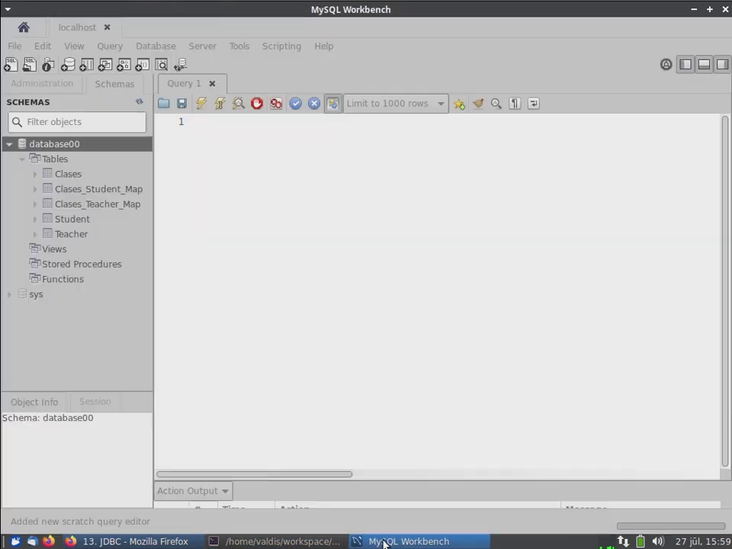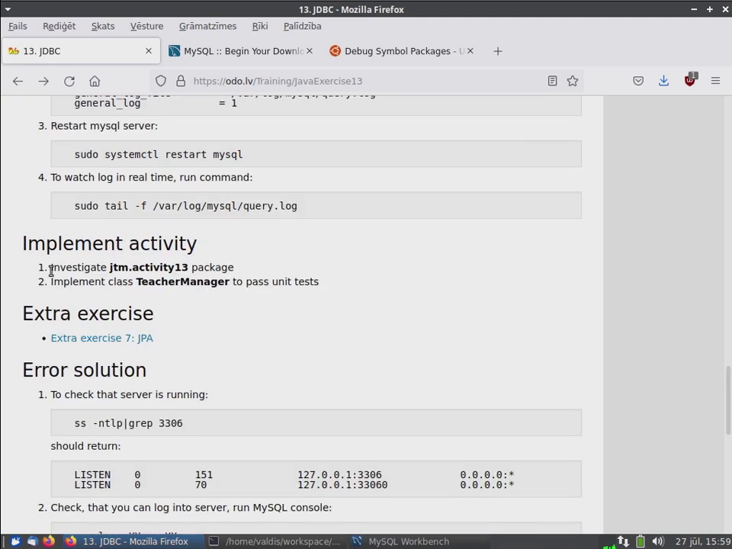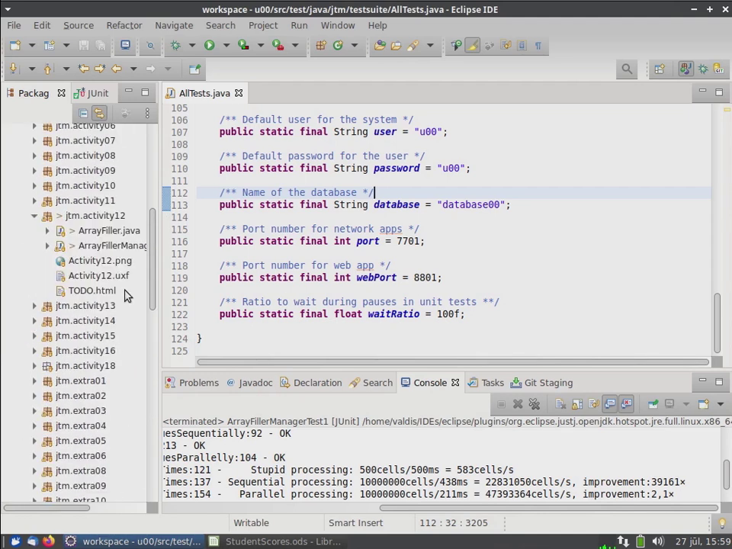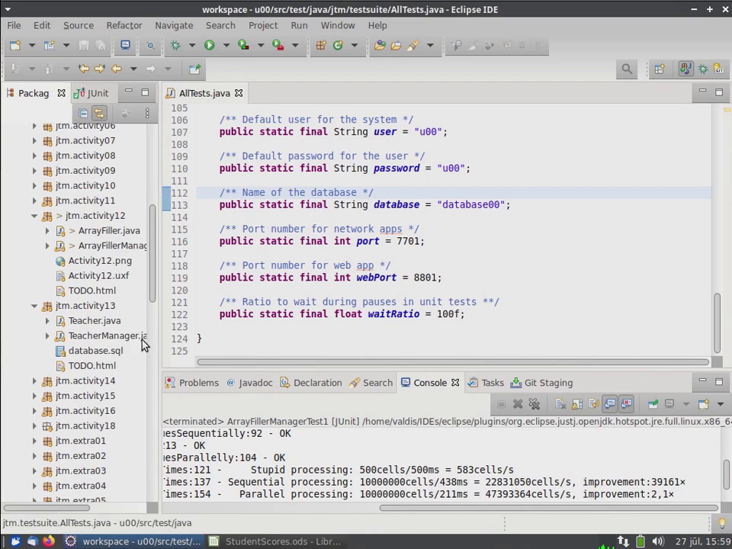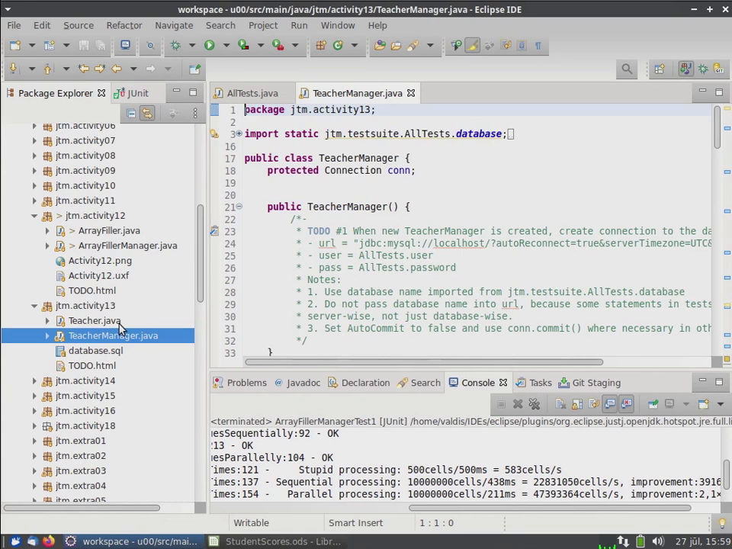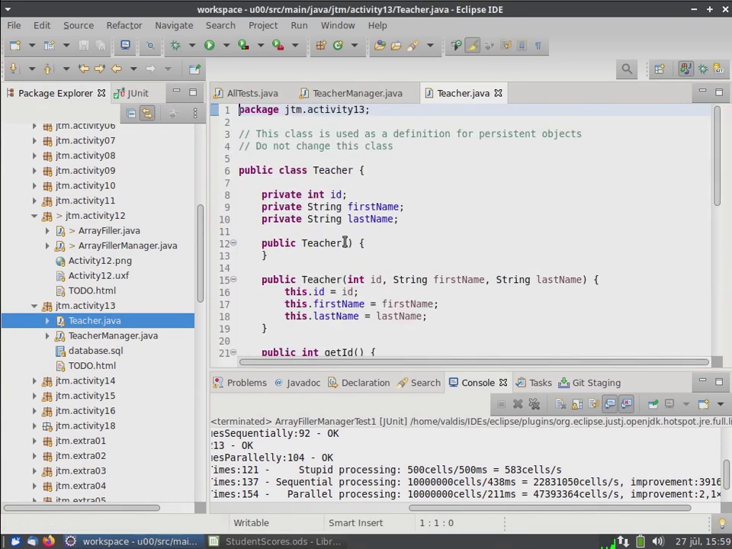And now, if we look at what we actually have to do besides preparation, we have to implement a class called Teacher Manager. This class converts the Java world into the relational world. Here we have